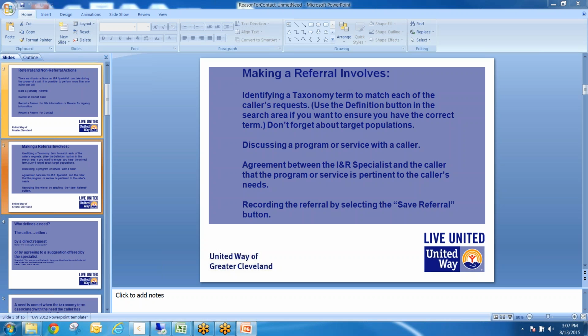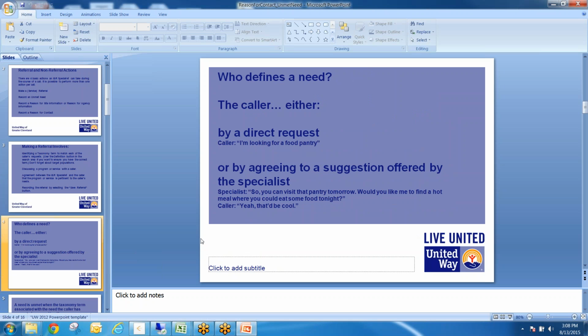You always want to ask about target populations also. And then you're going to discuss a program or service with a caller. You're going to agree with that caller on whether what you've found meets their need, and then you're going to save a referral whenever possible, okay? However, there's plenty of situations when it's not possible. So in order to get to identifying our